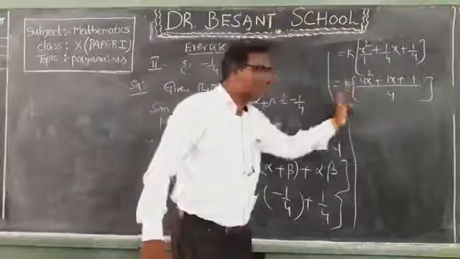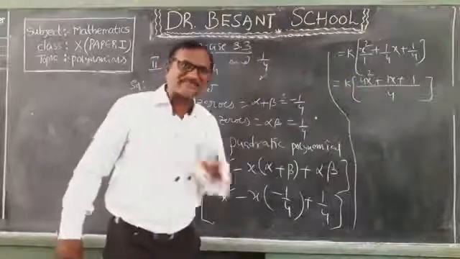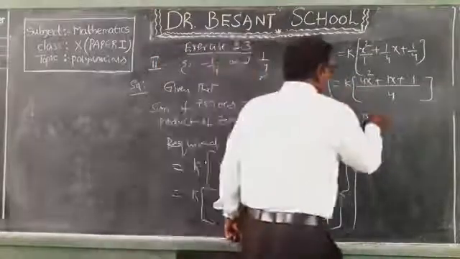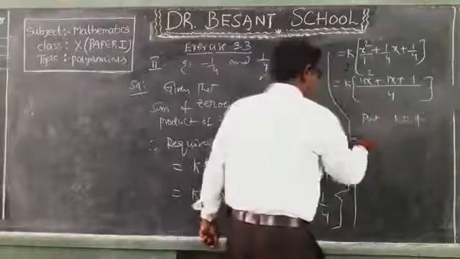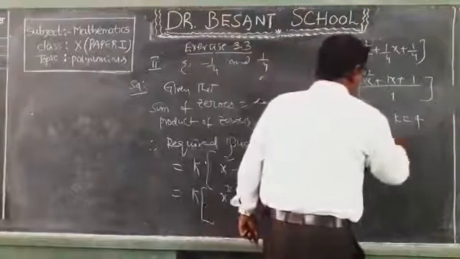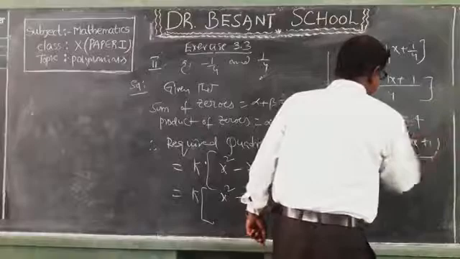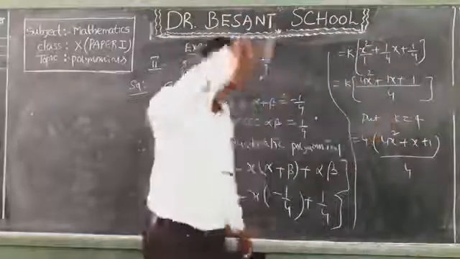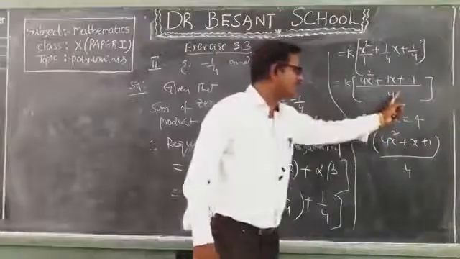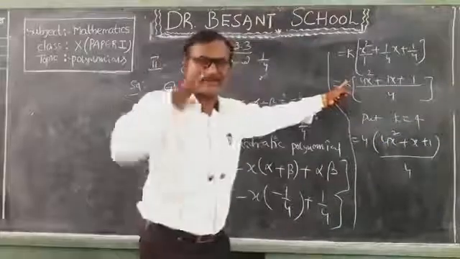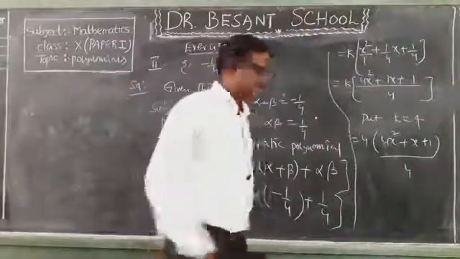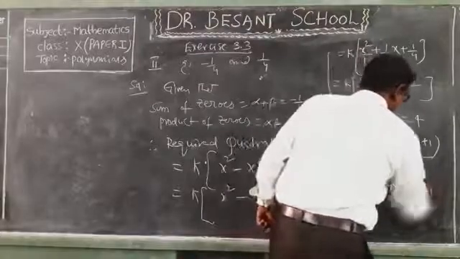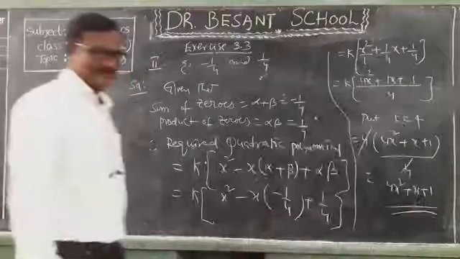4. So what can be replaced in the place of k for our convenience? Replace k is equal to 4 to cancel these two. So put k is equal to 4. This means 4 into 4x square plus x plus 1 by 4. Okay children, I replaced k is equal to 4. I told you already, whatever value we have in the denominator should be replaced in the place of k for our convenience, to cancel these two. So these will be cancelled. This is 4x square plus x plus 1. So it is our required polynomial.